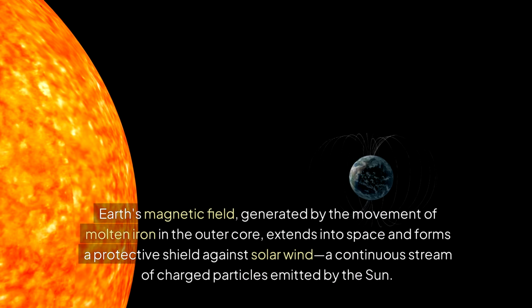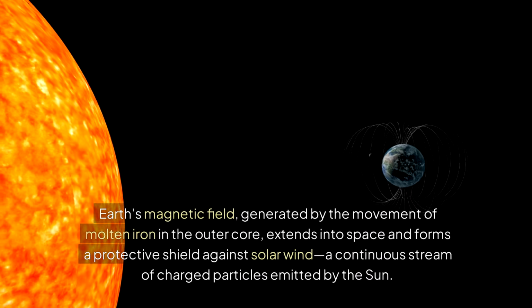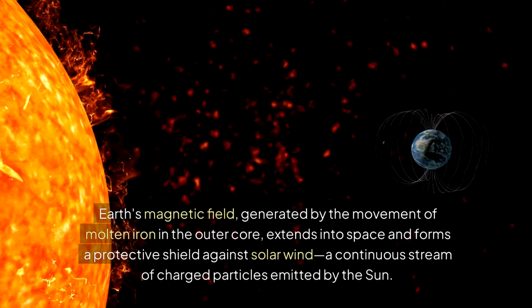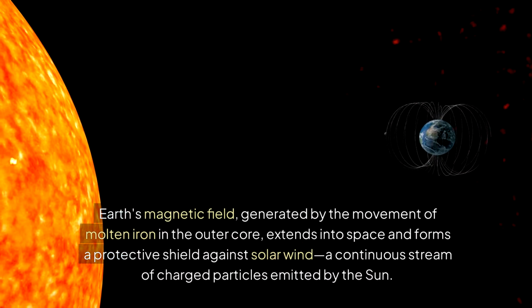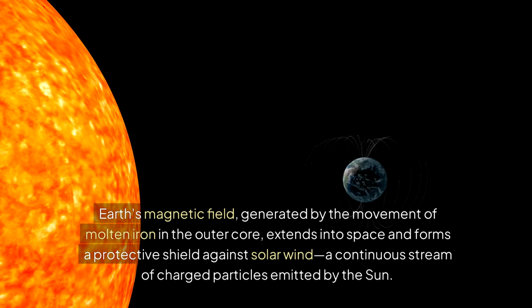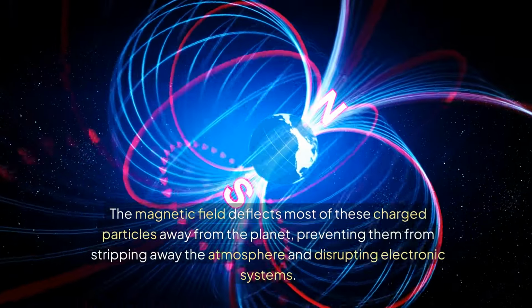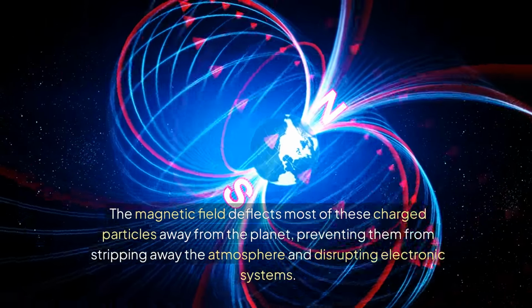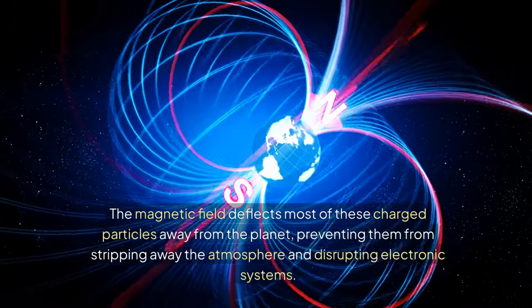Earth's magnetic field, generated by the movement of molten iron in the outer core, extends into space and forms a protective shield against solar wind, a continuous stream of charged particles emitted by the sun. The magnetic field deflects most of these charged particles away from the planet, preventing them from stripping away the atmosphere